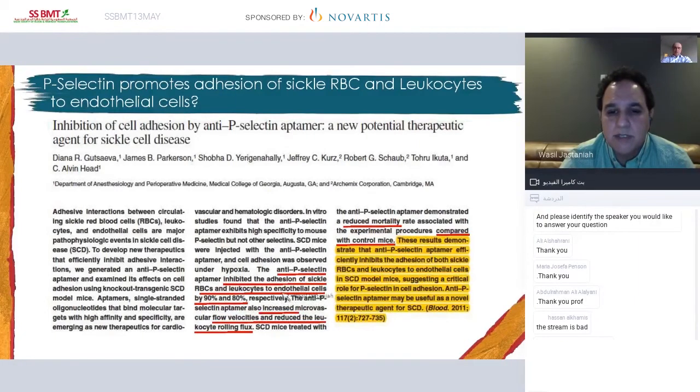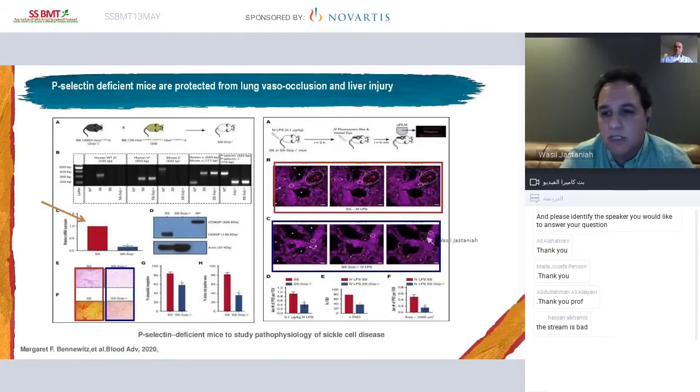And these sickle cell mice that were treated with this P-selectin inhibitor had increased flow velocities and reduced leukocyte rolling on the endothelial cell. In addition, these mice had reduced mortality compared with the control mice that were not given this anti-P-selectin inhibitor. So this study concluded that P-selectins promote adhesion of sickle red blood cells and leukocytes to the endothelial cells, highlighting their role in